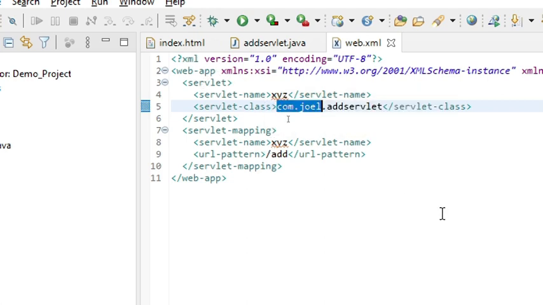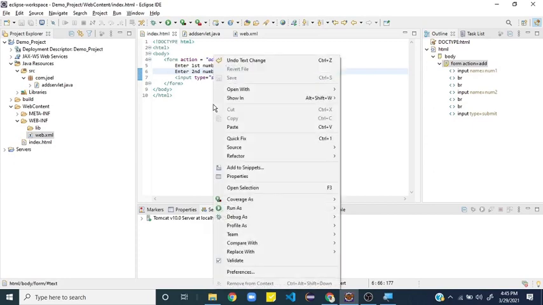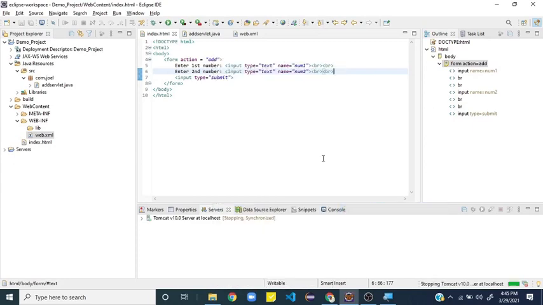Okay, now save this. Now go to index.html and run this. So right click, run as run on server.